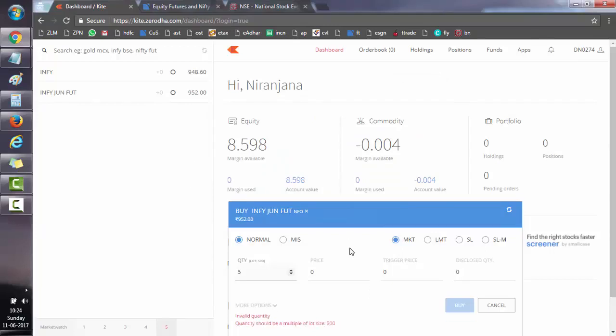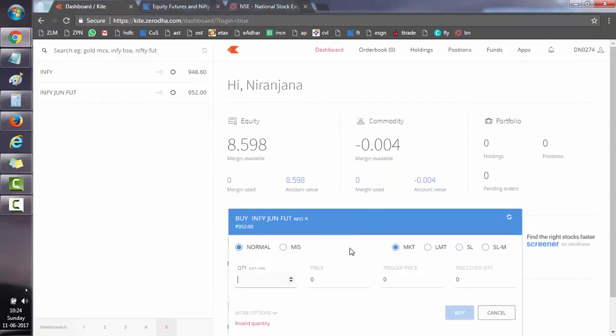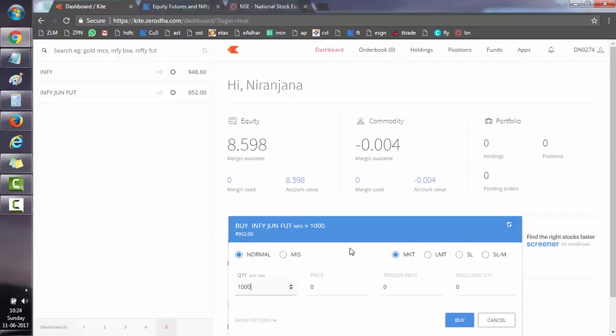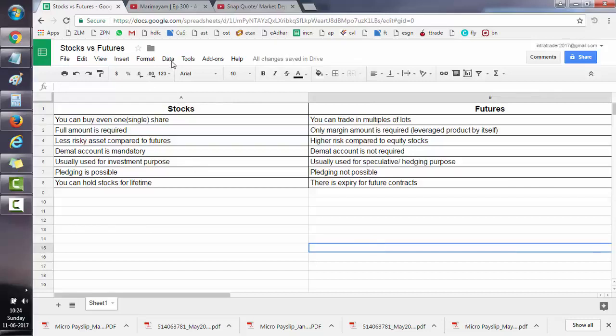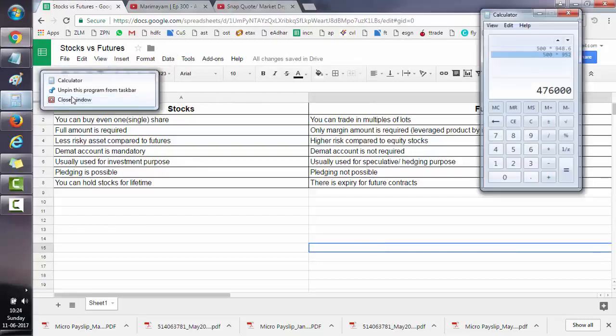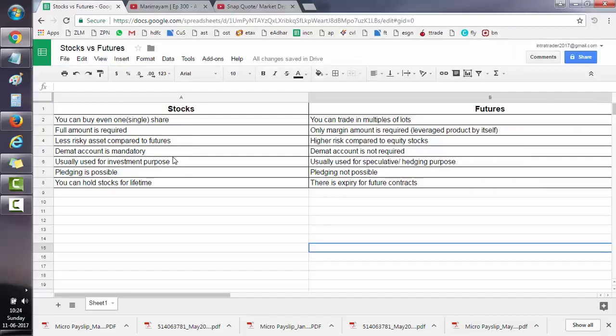So I can actually take multiple of 500, that is 1000. Minimum is 500. I have taken two lots, then it will be 1000. So the first difference hopefully is clear. Second difference is that in case of equity stocks, you need to have full amount for buying the stocks. So for explanation purpose, I am explaining with respect to 500 quantity of equity stocks and one lot of